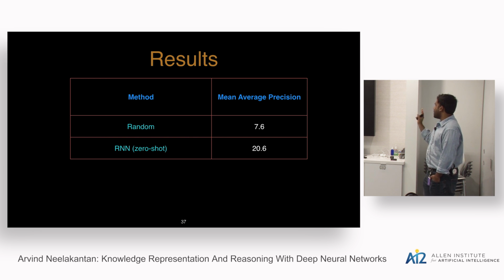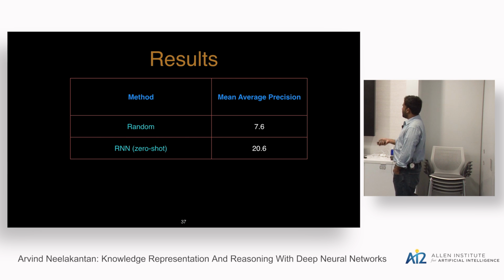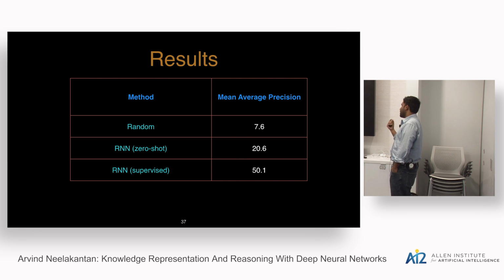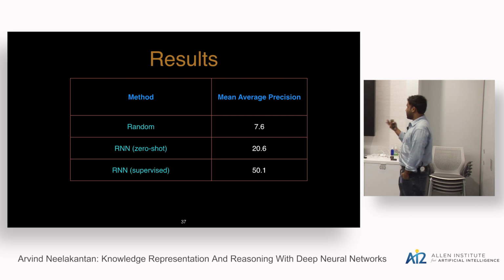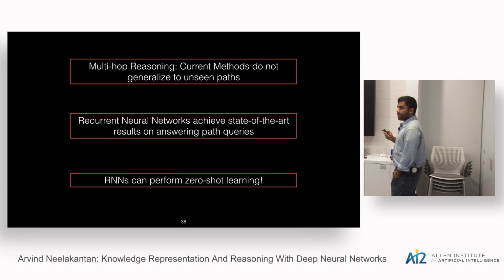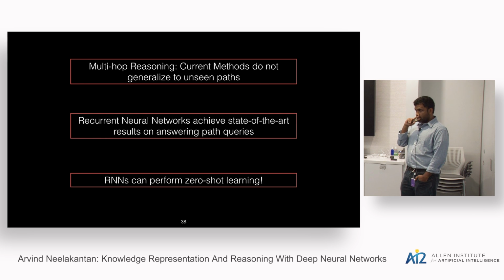And our model performs much better than the random baseline. But again, if you have supervised information just for that target relation, and if you explicitly train for it, it performs much better. Okay. So the criteria here is that we're only looking at relations where the entity pair doesn't have another path to go around.